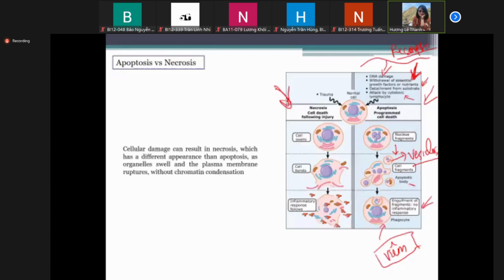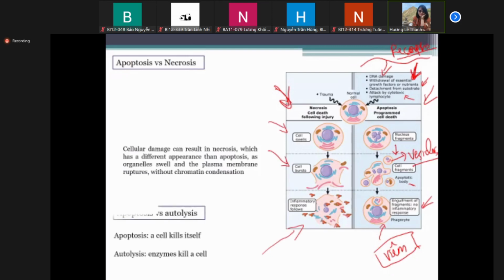So what about the necrosis? For necrosis, the cell will swell and burst, and we have an inflammatory response. That's what is different between them. And I also have a term, autolysis. When we talk about apoptosis, it means that a cell kills itself. But autolysis means an enzyme kills a cell. And they are also different from